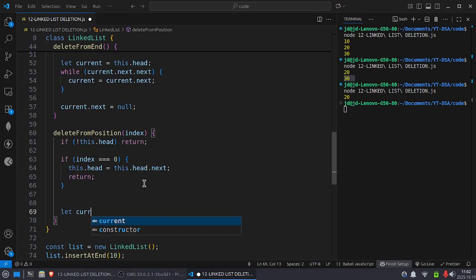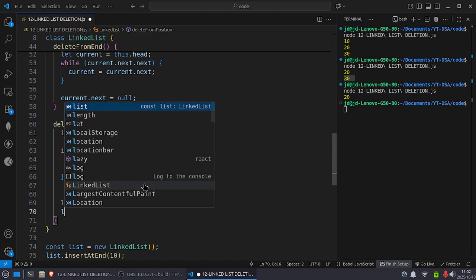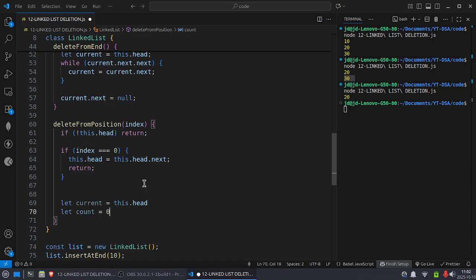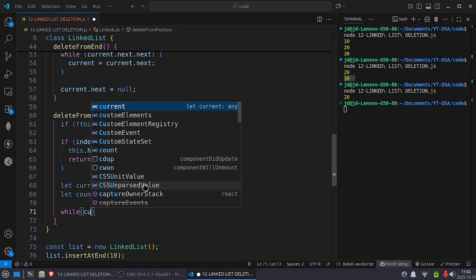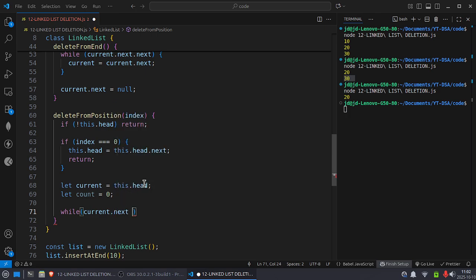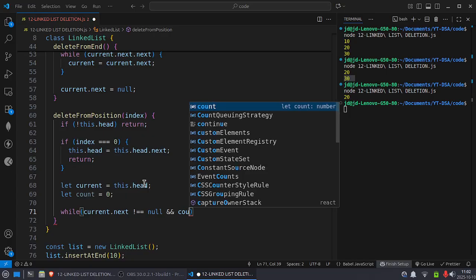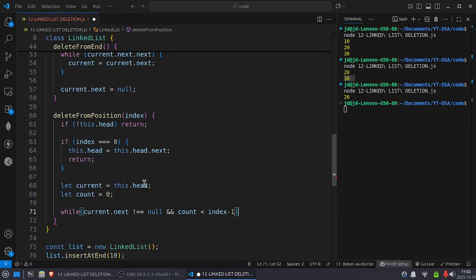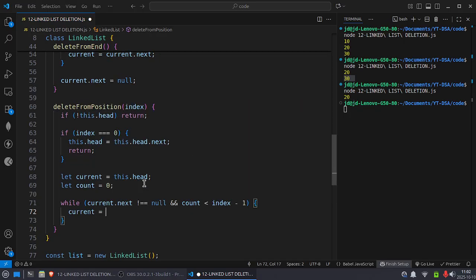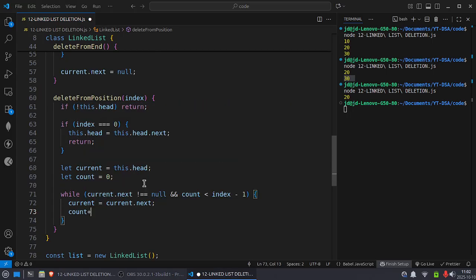Now let current equal this.head, and also make a count variable to traverse until that index. So while current.next is not equal to null, which means it has not passed the end of the linked list, and count is smaller than index minus 1, we update current by current.next and count plus plus.